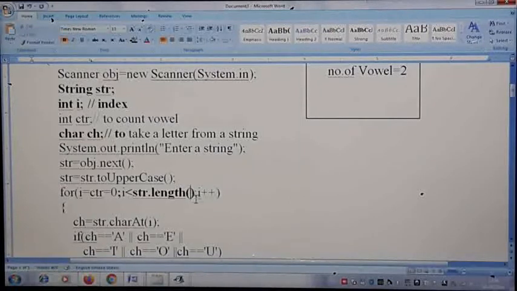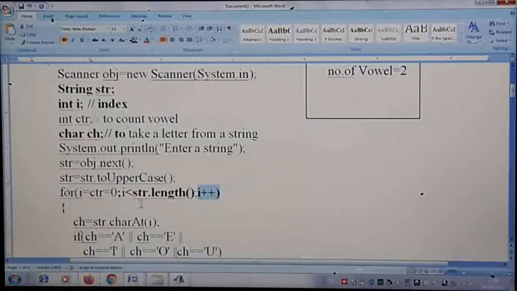Then i plus plus, each time i will be incremented by 1. That is what i plus plus means in the for loop. So first time it will initialize the value, it will check the condition. If the condition is true, it will come to the loop body here. After finishing this only it will go here. All of you know the evaluation of the for loop. Initialization is done first, then the condition part, then the loop body part. After finishing the loop body, it will go to the updation expression.